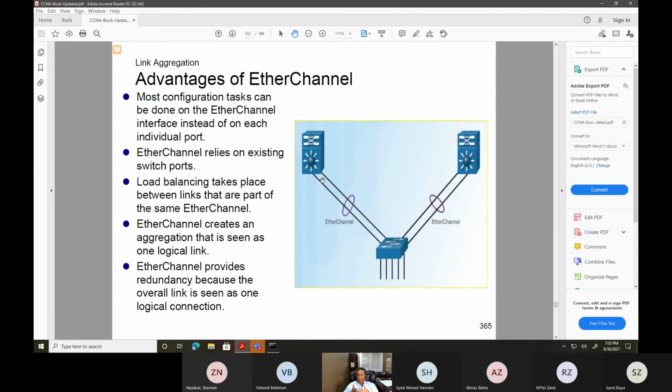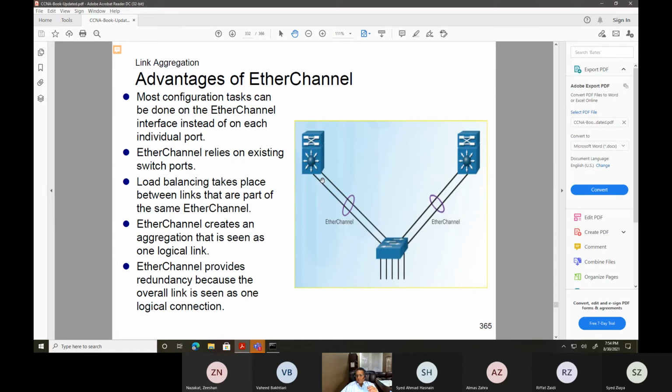If I talk about Cisco, Juniper, Arista, Ciena, white boxes, all these different vendors, they are either using EtherChannels or they're using bundle IDs. Bundle IDs are basically for layer 3. EtherChannel is basically for your layer 2. Just drill this into your heads.